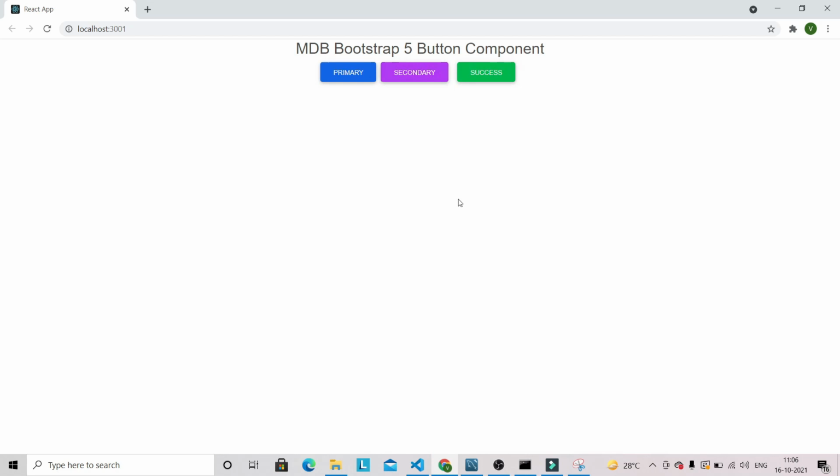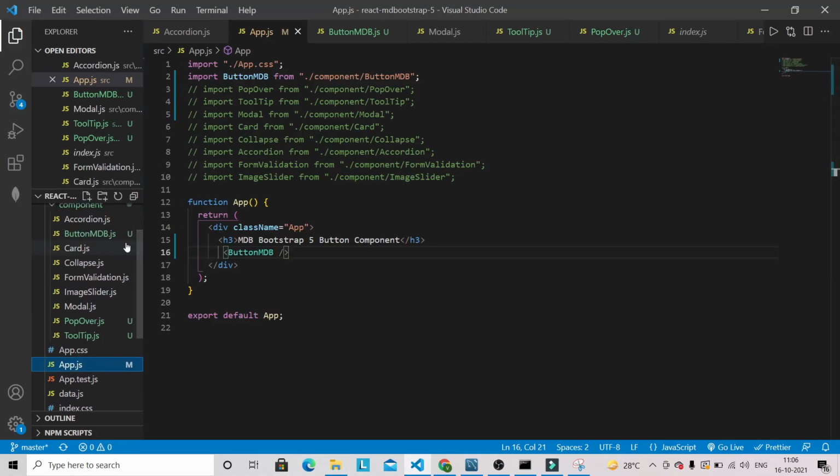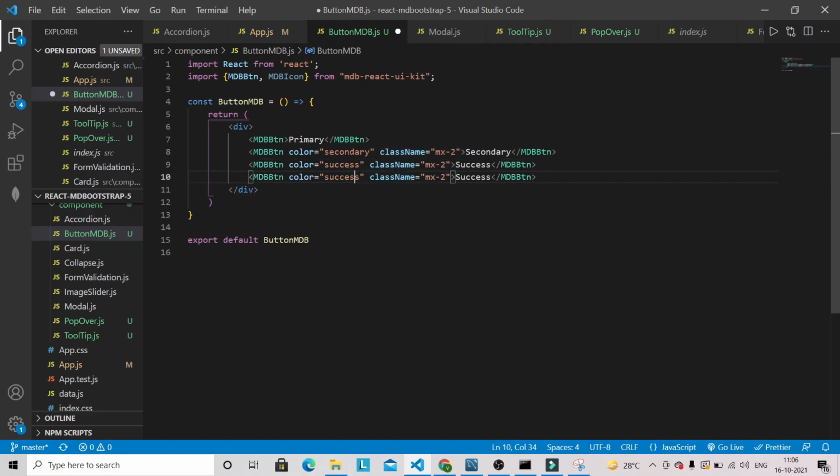So whenever you want to change the color of the button, basically you can pass this prop in the button, and you can specify which color you want. For red you can pass danger. The next button we are going to see is how you can implement the outline button. Again I'm just going to copy this one, and I'm going to remove the color. By default it will take the primary color,